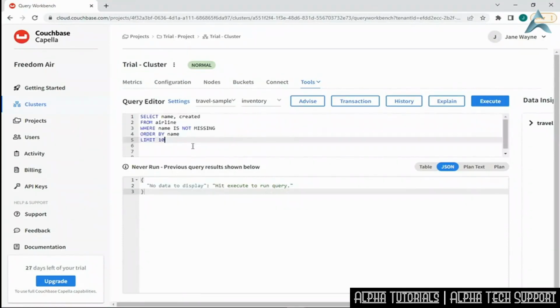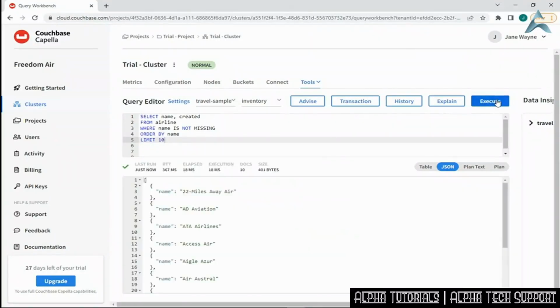This query calls for the name and created attributes of all documents within the airline collection in the inventory scope. And I'll click Execute to run the query. And now I can see that in 18 milliseconds, 10 documents were returned by the query at a size of 401 bytes. I know I can make that faster by adding an index that isolates the collection data for name